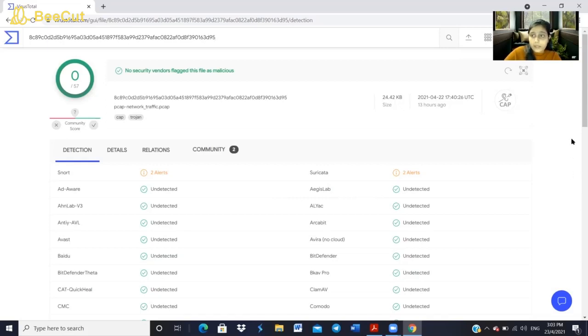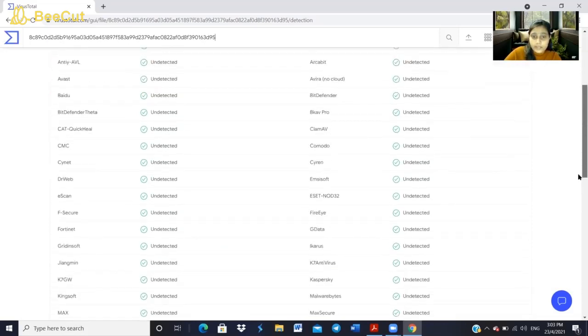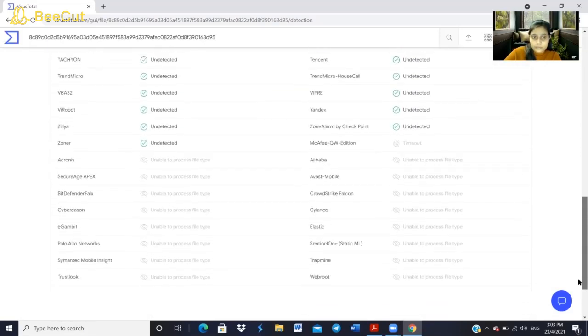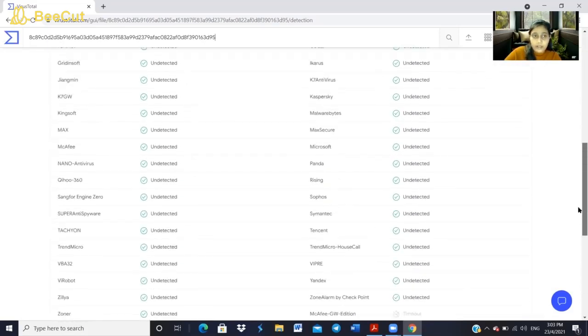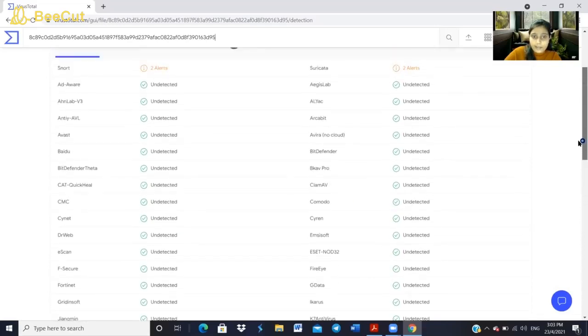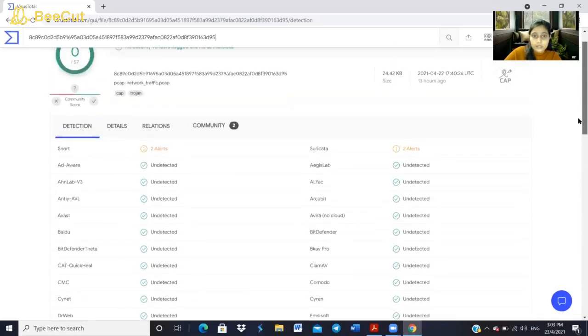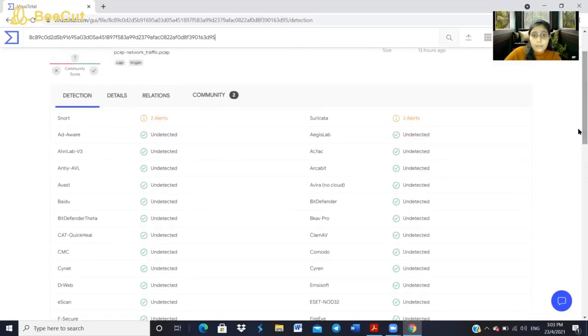Besides that, others are shown with a green signal and the result is undetected. Undetected means the given engine does not detect the file as malicious. We can also see that no malicious content is detected in the scan.